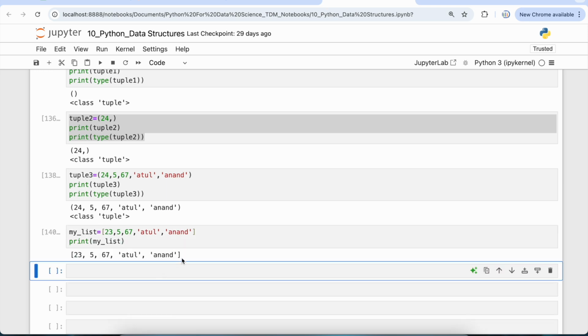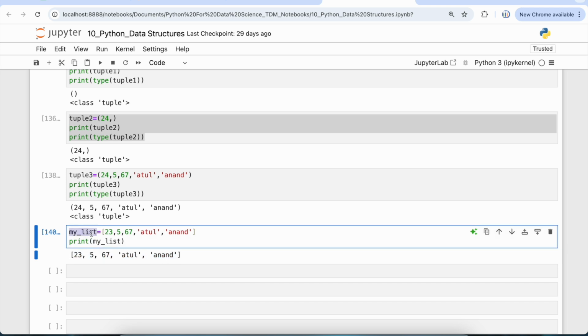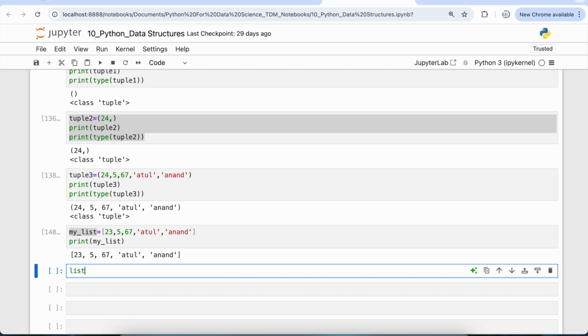Now we have a list over here. What we need to do is create a tuple from this list. So what I can do is use the tuple function over here. I can simply put a name to my tuple, for example, let's say list2tuple,